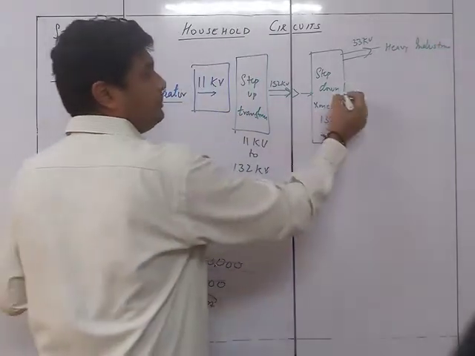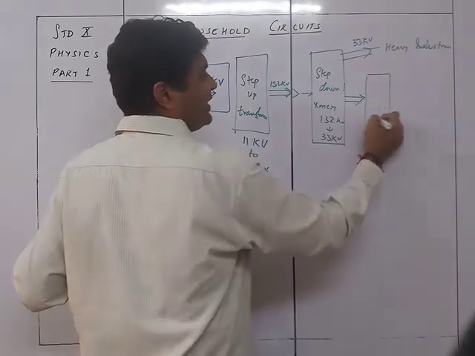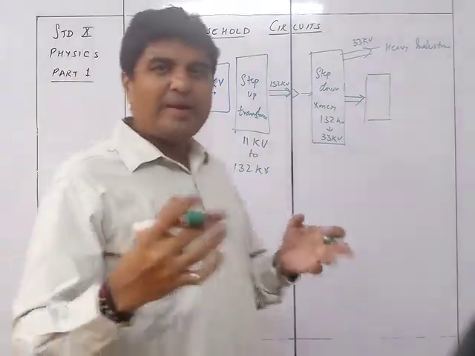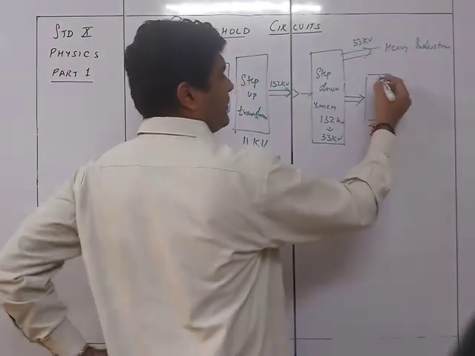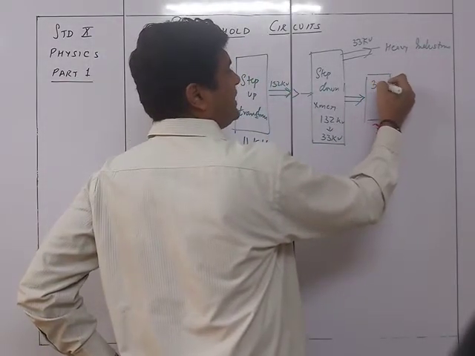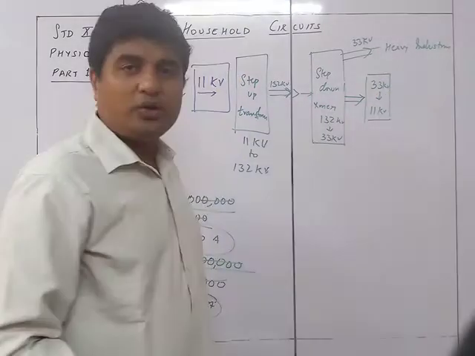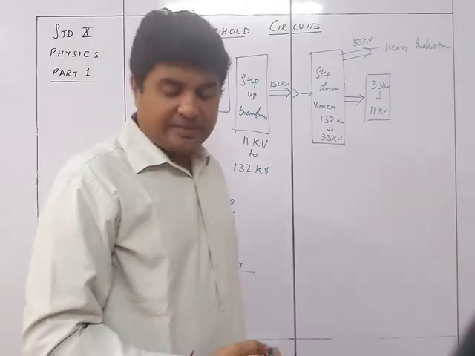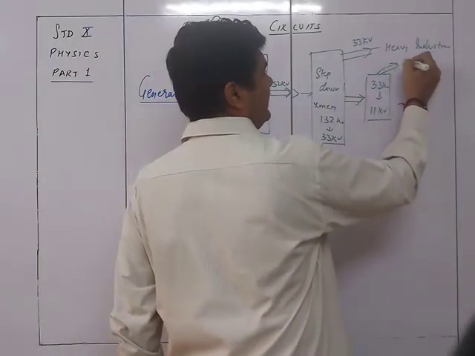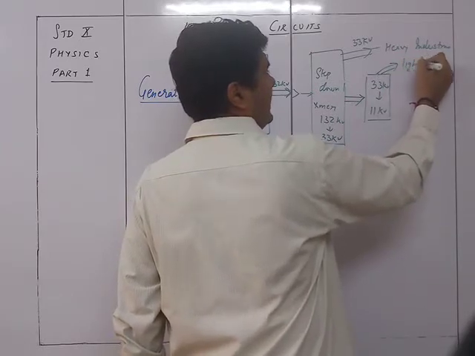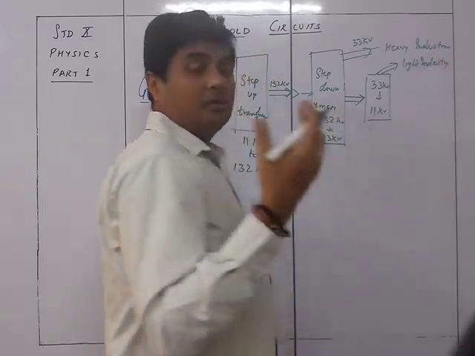And then further it is going to be given to the light industries inside the city, the small industries as you enter the city. For them there will be another step down transformer which will convert 33 kV to 11 kV. So that will convert back into 11 kV. So this 11 kV will finally be given to light industry. Light means heavy and light in that sense, right? Not the supply like the tube light and all.